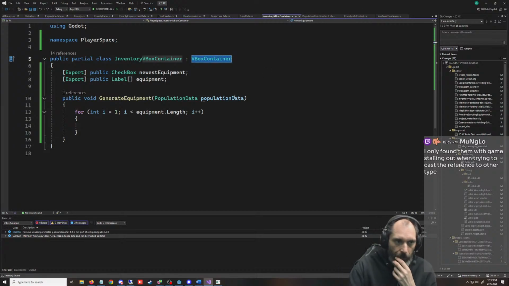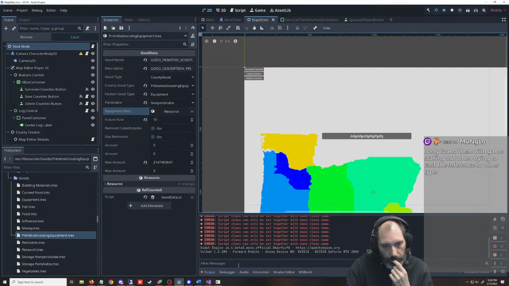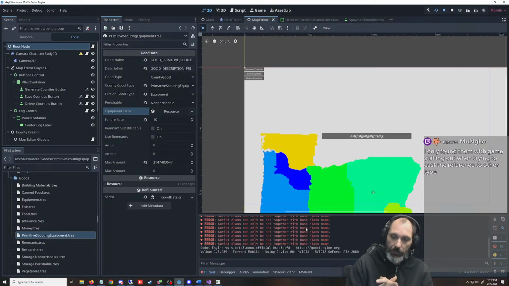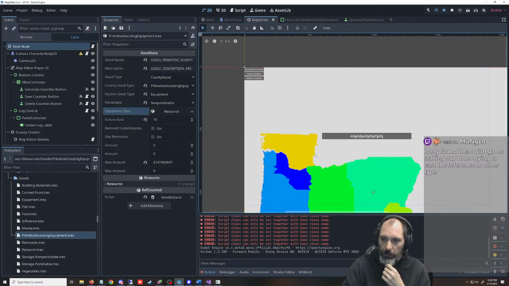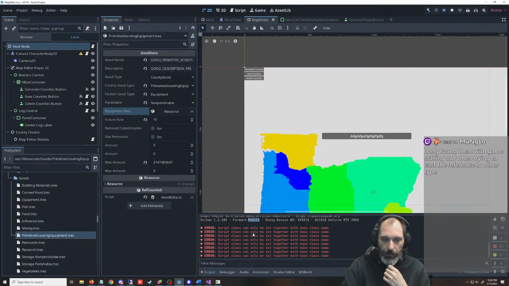This is something else weird that's going on. It didn't used to happen until I upgraded to 4.4 beta 3. It was fine, and then all of a sudden I started getting these errors, and you can click on them, they don't do anything, so it's kind of pointless.